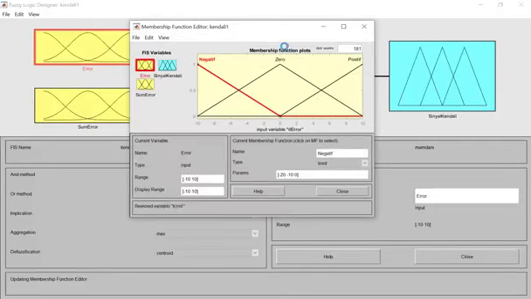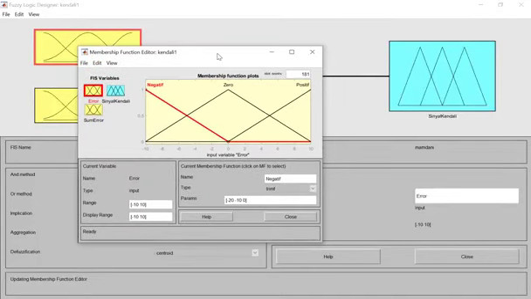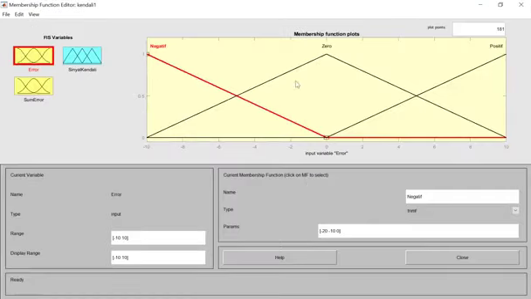Okay, after you open the fuzzy block here, you need to make the membership function. I use three membership functions here. The first is negative, the negative error.